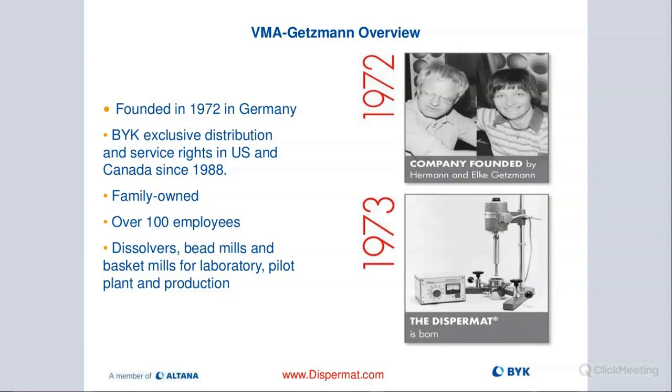But BIC has had the exclusive distribution rights here for the US and Canada since 1988. The business is still in family hands. It's run by the two sons, Christian and Martin Getzmann. They have over 100 employees and they're a global company. So they really have a presence all over Asia, North America, and of course Europe, as well as Africa. They're all present. They are known to make high-end dispersers, dissolvers,